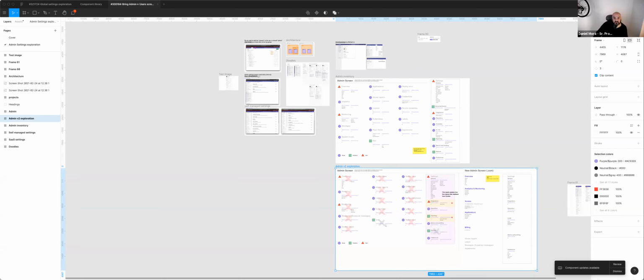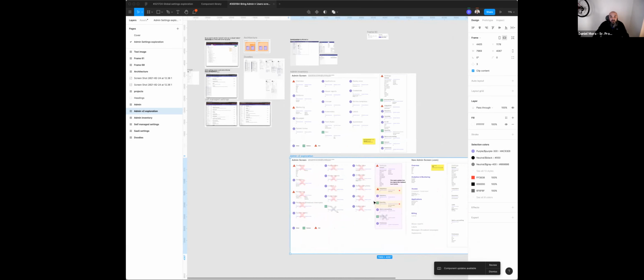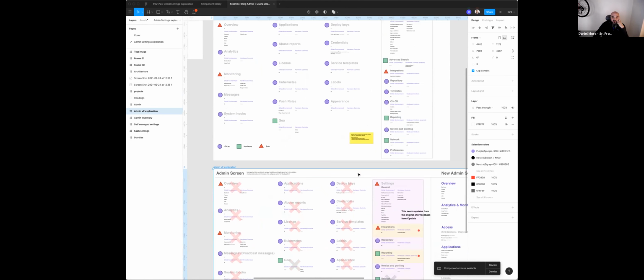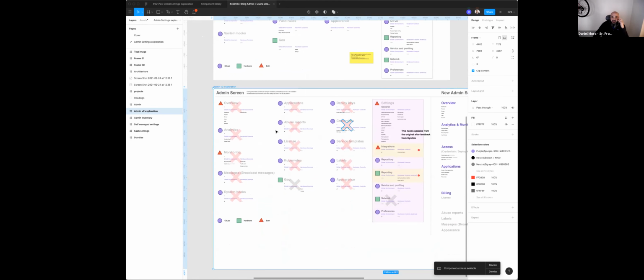I'll share the screen real quick. So I had already done an inventory of all the settings in the admin screen and tried to define what's a GitLab environment setting, what's a hardware environment setting, or what overlaps. So things like overview or monitoring, and then within the settings panel. So this is the admin screen, and this is the settings link within the admin screen. I've gotten a lot of feedback from the support folks, which is really helpful. And then I just recategorized everything,